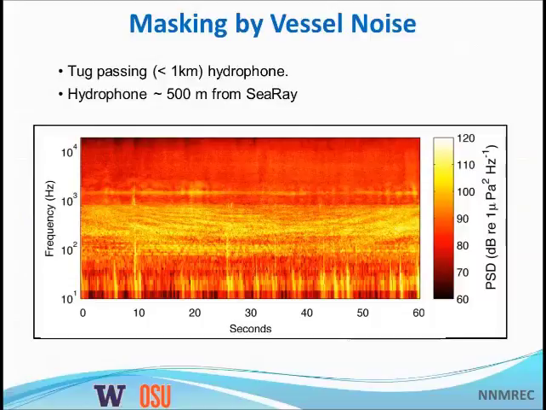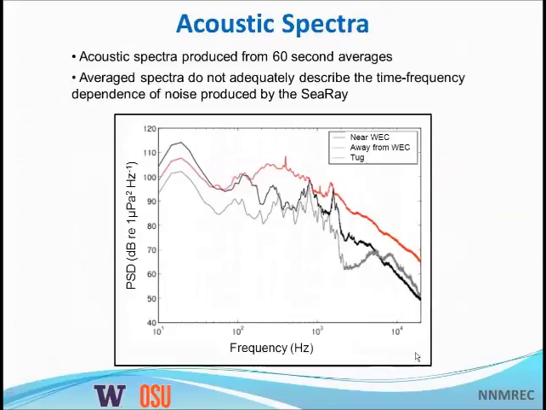So if we take a look at the pressure spectral densities associated with this tug at 1 kilometer, we see that the noise from the tug here is on the order of 110 dB, which is significantly higher than the data presented in the previous spectrogram, which was actually data taken on the order of about 150 meters from the device, I believe. So this makes it abundantly clear that to really think about how important this noise is in the area, we're going to have to think about all of the vessel traffic coming through. So could I get the next slide, please?